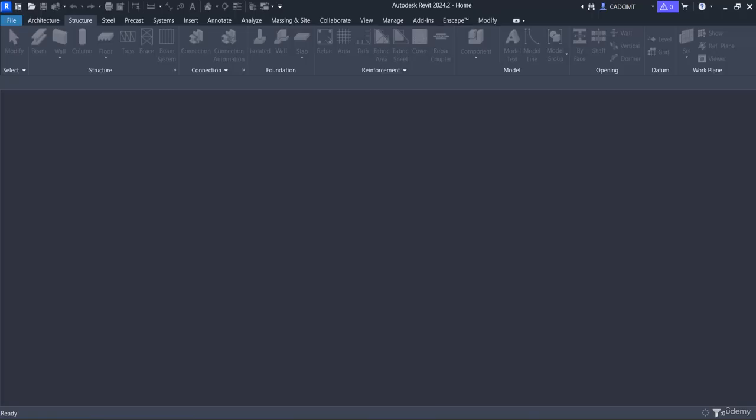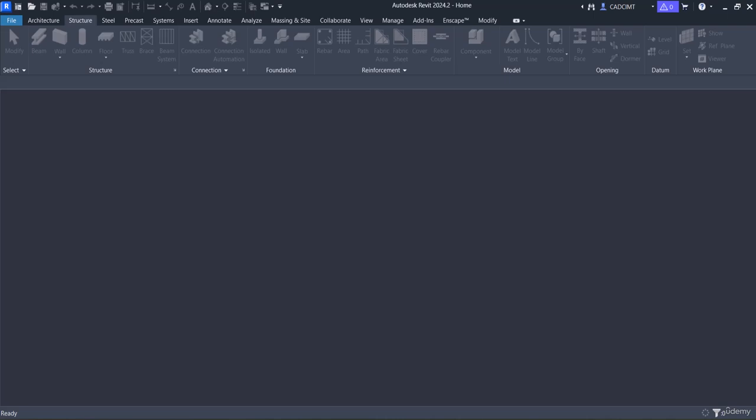So the first section of this tutorial is opening the project. As we had already seen in the previous tutorials how to open the project files, we are going to use the same process. And now in this section you will open the project file created in the last tutorial.